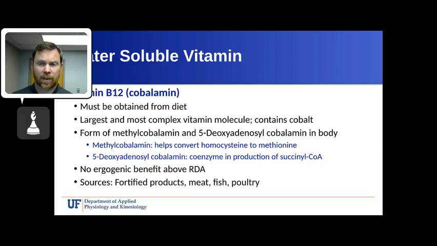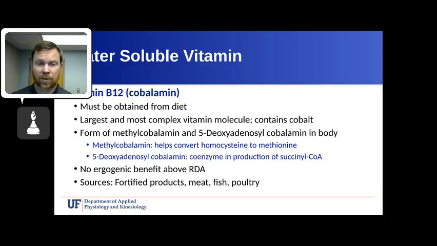Homocysteine is a form of the amino acid cysteine that is not considered one of the 21 amino acids derived from the proteins we eat. High levels of homocysteine in the blood are considered atherogenic due to their propensity for promoting endothelial injuries in vessels that stimulate plaque formation. Therefore, having enough methylcobalamin in the blood to convert homocysteine to methionine may have important health implications. The other compound formed from cobalamin is